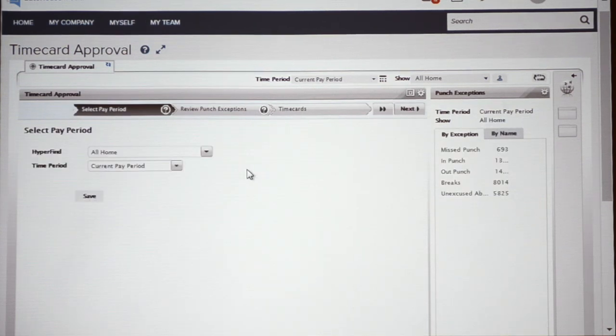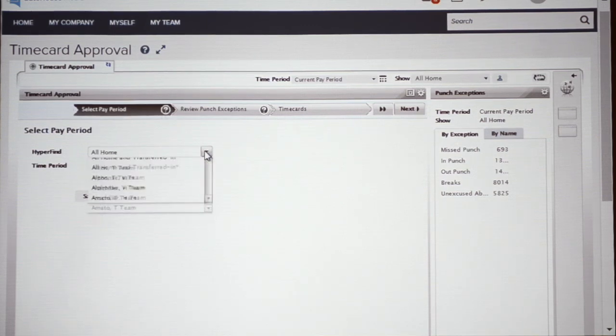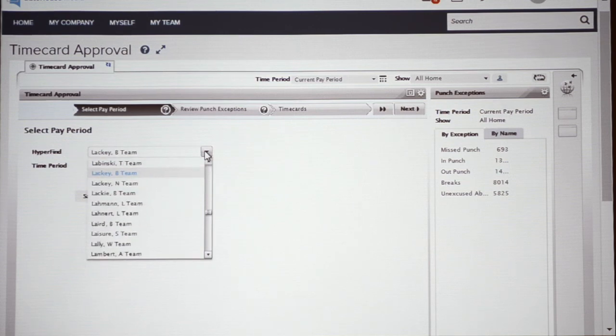Once you're on the time card approval page, you'll see that there's chevrons across the top. The first one is a Select Pay Period chevron. This is where you could change the Hyperfine to just your team. So again, by typing in the first 3 letters of my last name,